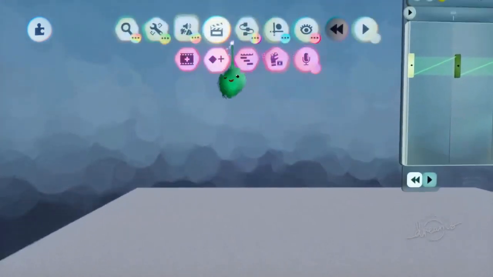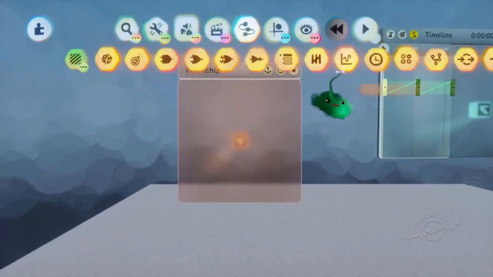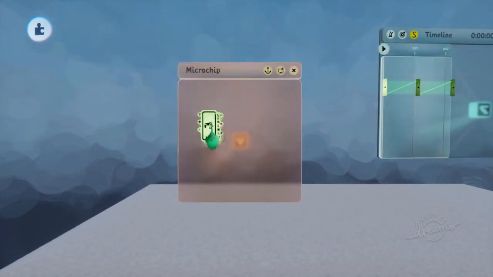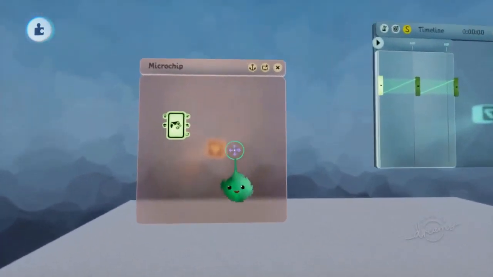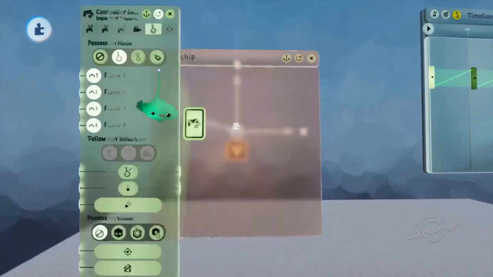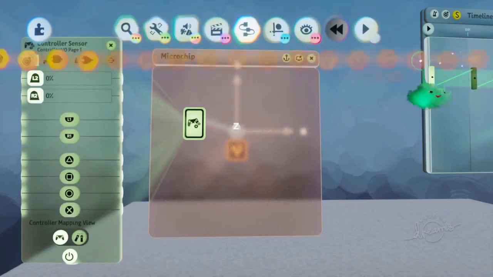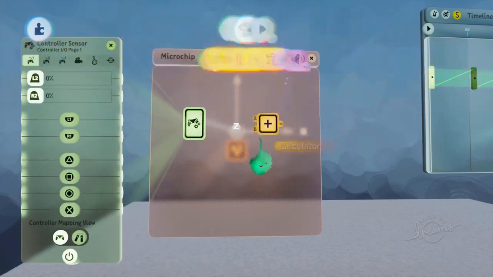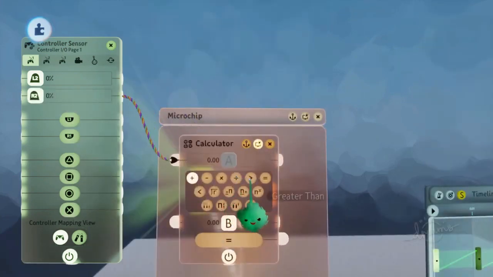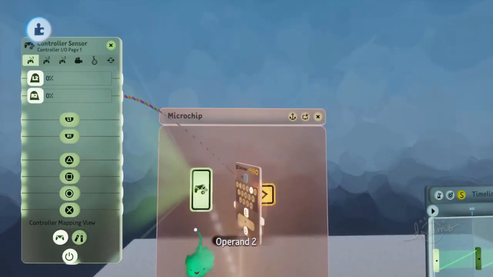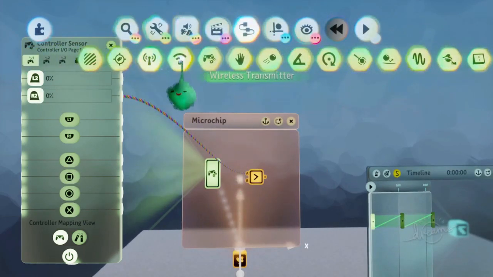So I'm going to have a central chip, and all it does is tell things when they're meant to be paused. So I'm going to have this on R2, which means I can still move around quite freely without messing anything up. I'll have it remote controllable, and if R2 is more than some amount, then we'll send a signal through a receiver